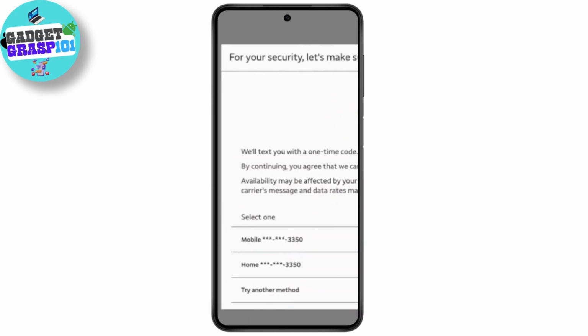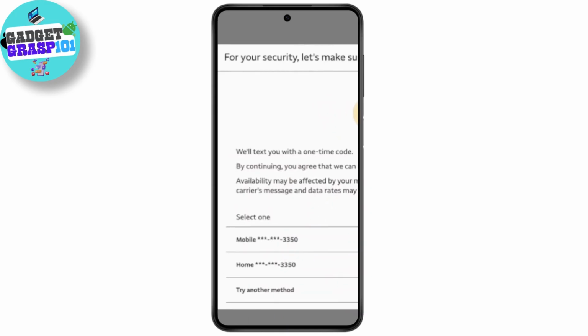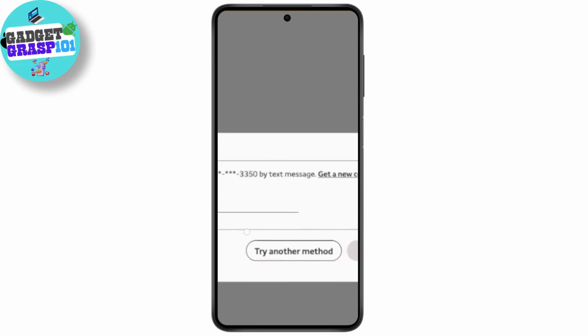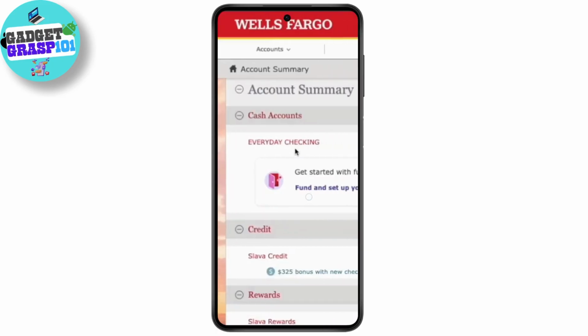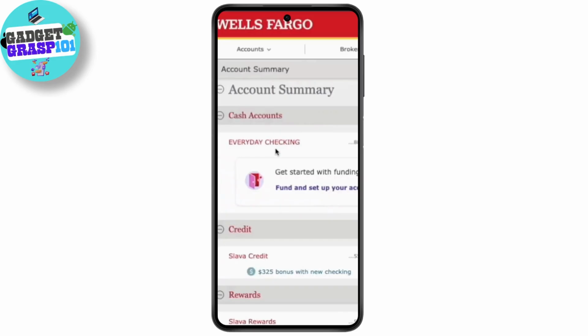just have to provide or choose any one of these methods where it will send you a 6-digit one-time code with either your phone number or your mobile number. So just choose any one of those and simply enter the code that was sent to your number and simply click on next or continue, and then you shall be redirected to this home screen or this page where